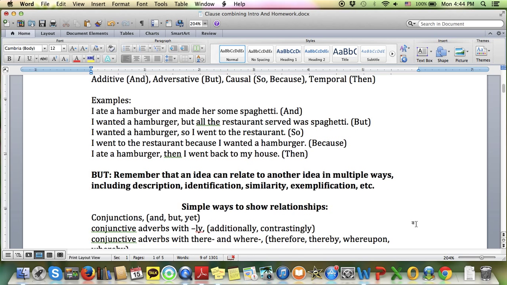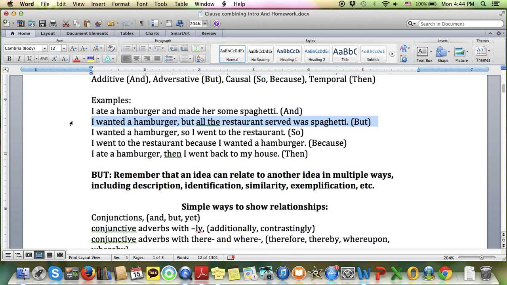Let's take a look here. I have some examples. So I could say something like, I ate a hamburger and made her some spaghetti. Okay, I'm adding information. I did this and I did this. Easy enough. Here would be but, or